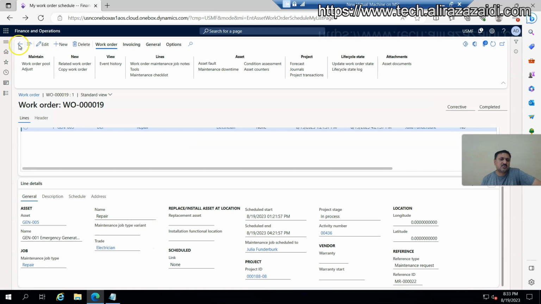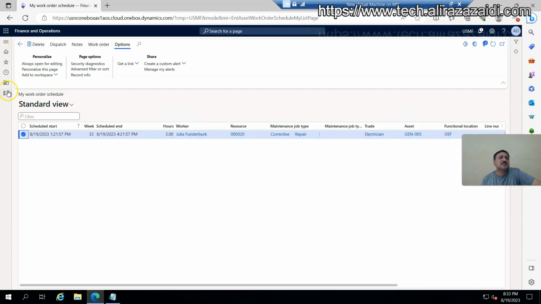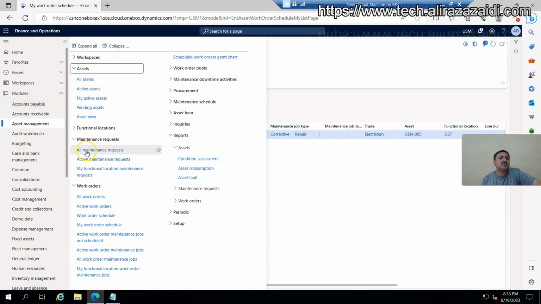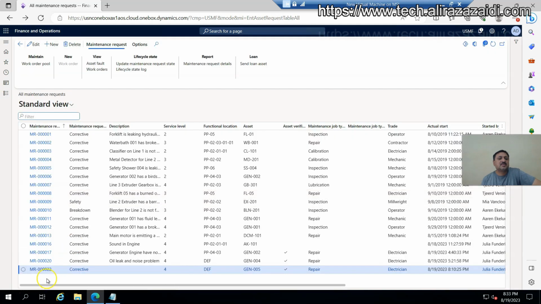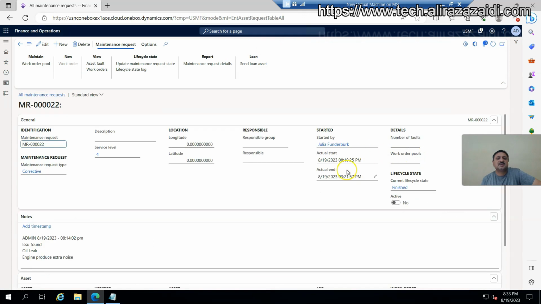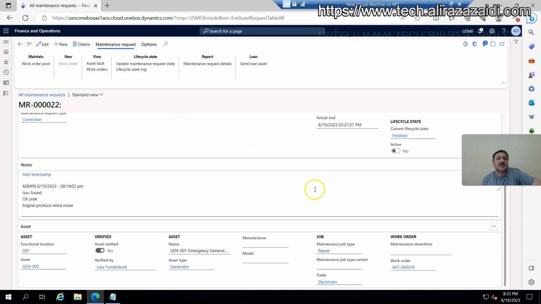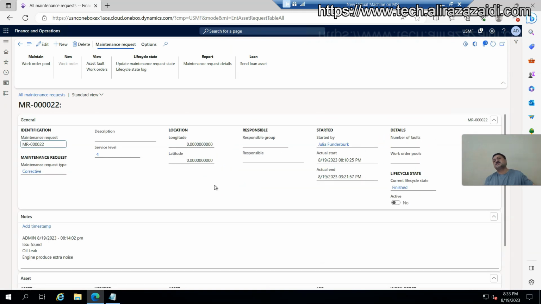So I'm going back to maintenance request, and if I go on a maintenance request, you can see it's a 22. You can see its status is also finished, and it's not now active. So this is the process for reactive maintenance, where I showed you